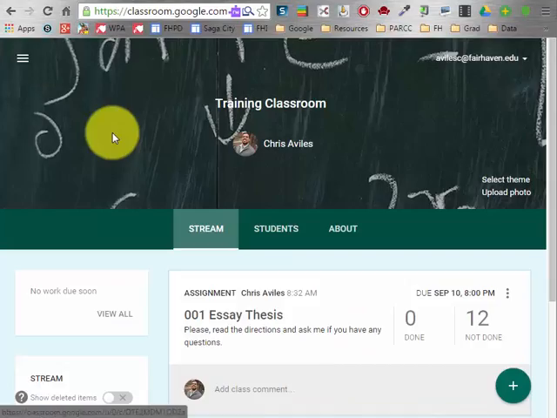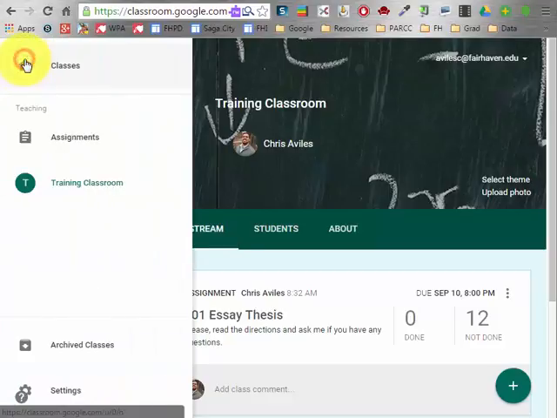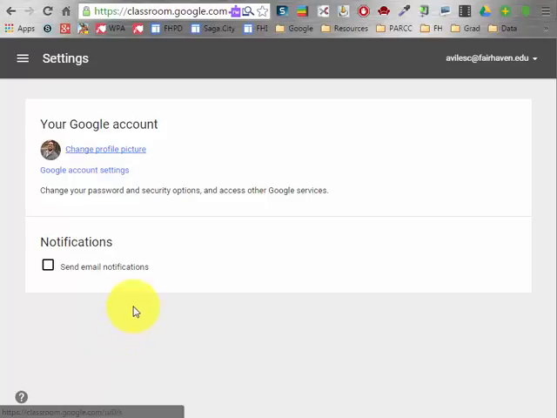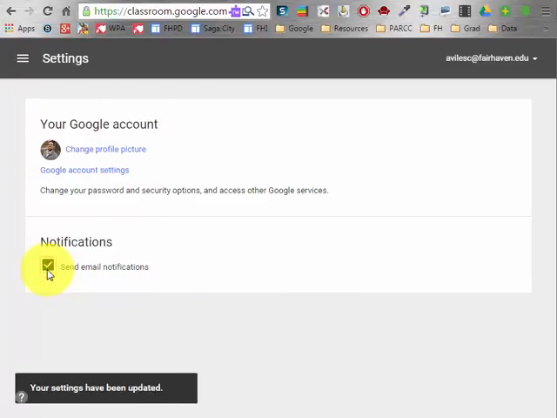Another really handy thing to do is to come up to the menu and go down to Settings. By default, Google is going to send you an email every time a student asks a question or submits a comment, and every time they hand in an assignment. And that can really start to clog your inbox. So if you come over to this menu and down to settings, you can deselect send email notifications. So I always turn that off because I don't want an email every time a student makes a comment or